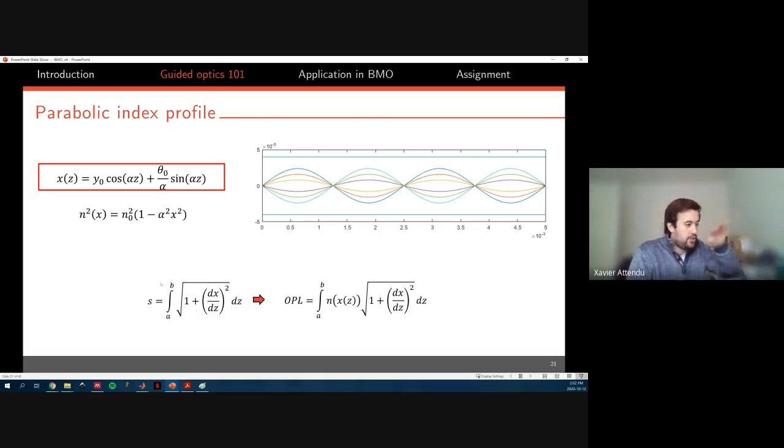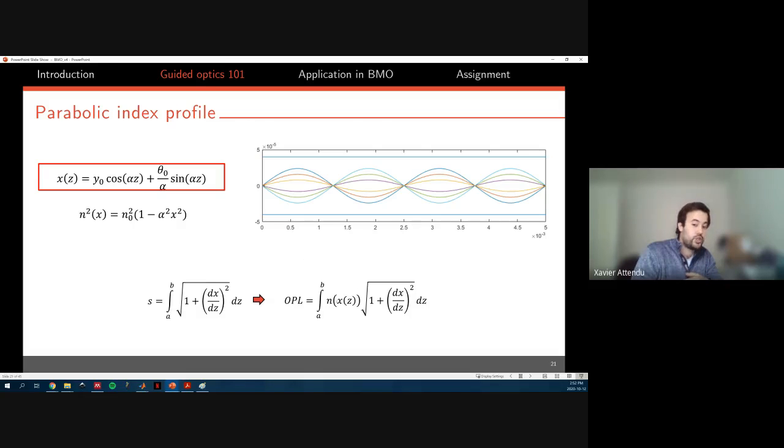So if you take the line of a function, which is curved or whatever, the length of that line can be calculated with this integral, right? This corresponds to the physical path of the ray. It's exactly the physical distance that the ray has traveled. Now, if you want to calculate the optical path length, it's just the physical distance multiplied by the index of refraction. So then what you have to do is just do the integral of this physical distance multiplied by the